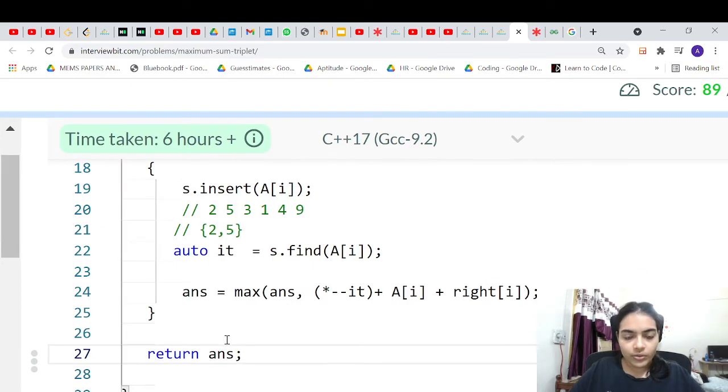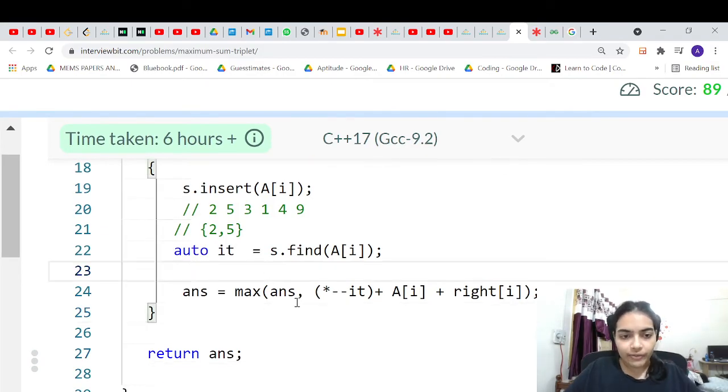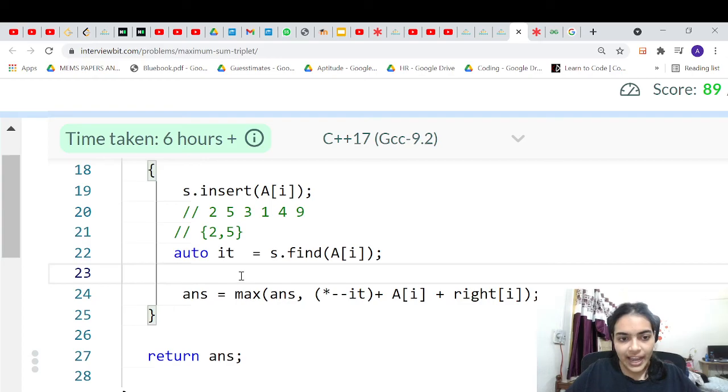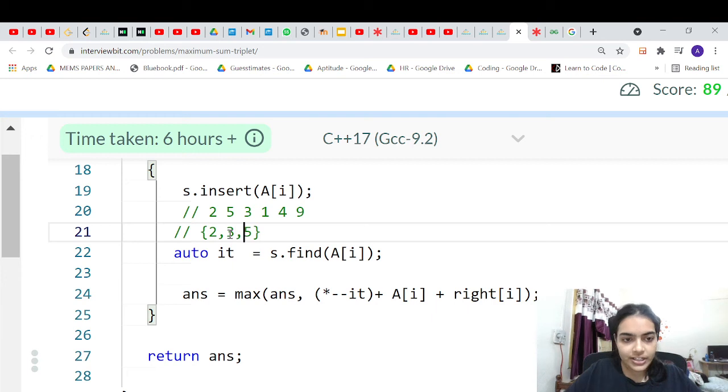Now there is one important thing which we have to do before we submit the solution. Let's say you are trying to find this element, and if you don't have a previous element at all, right? So in that case you cannot take this, and this will give an error. So suppose the smallest element, let's say we are trying to find 1, right? Let's say we have reached this iteration, these three elements are there in the set. Now you are trying to find the element which is just smaller than 1. So in this case there will be no answer, right?